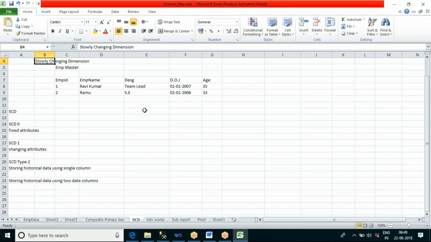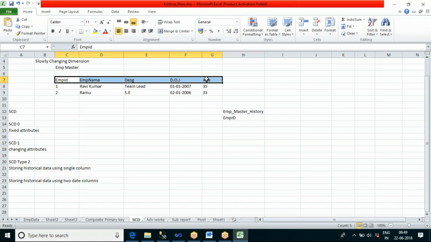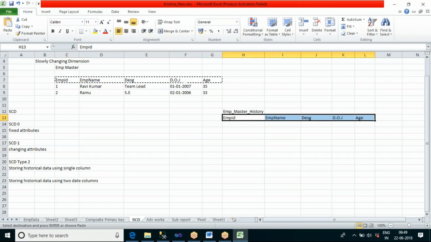To maintain the history, we'll create one more table, an employee master history table. In this table we should have the same columns we have in the master table.